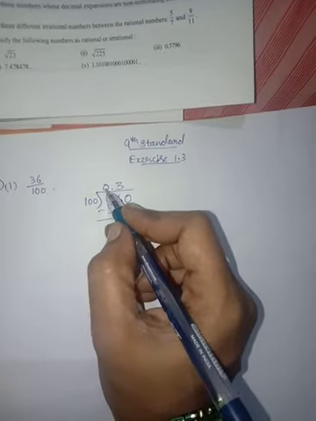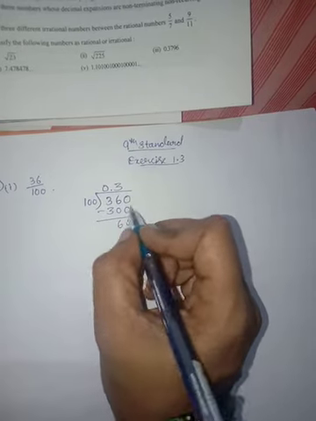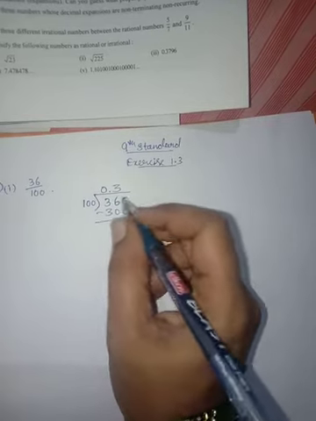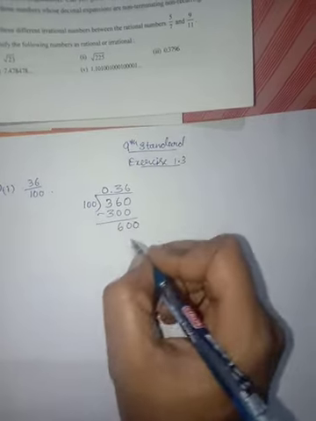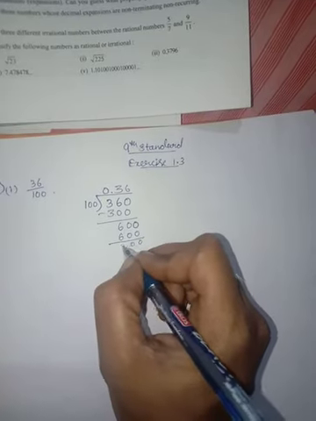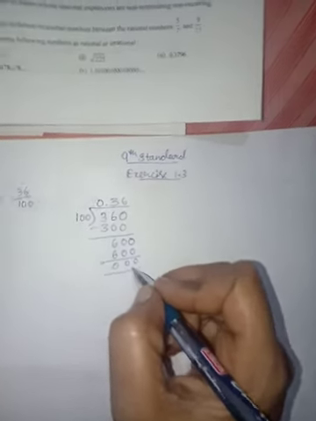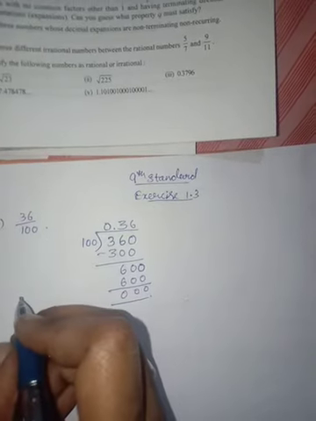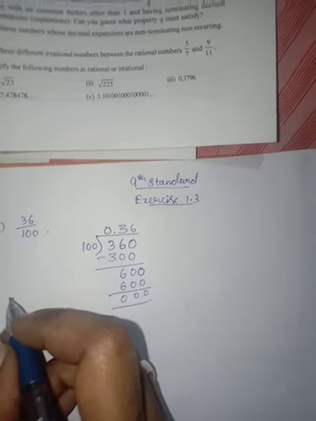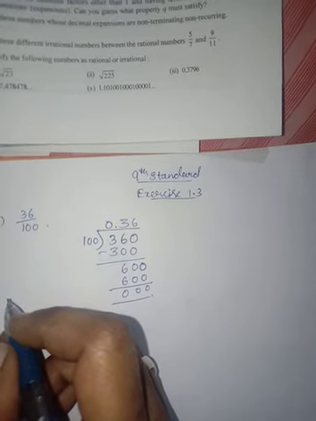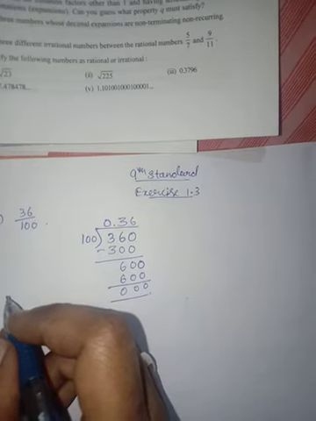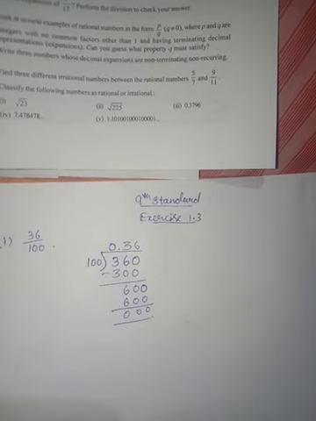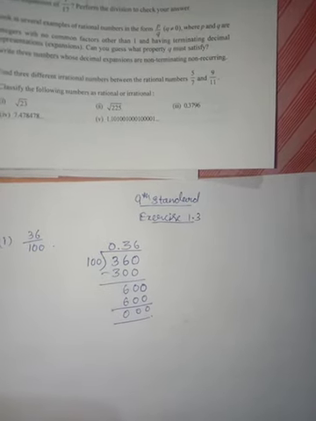Okay, here after keeping 0 and then a point, I can take a number of zeros, and I am going to take one here also because I want hundredths. 100 sixes are 600. Okay, this ends the division. We got the remainder as 0, isn't it? Next, what is this number? What have they asked in the question? Write the following in decimal form and say what kind of decimal expansion each has.